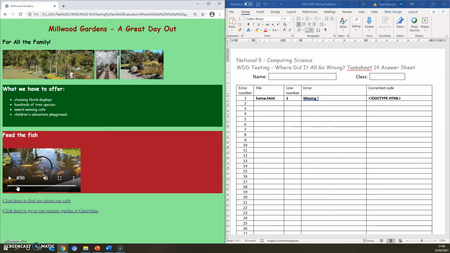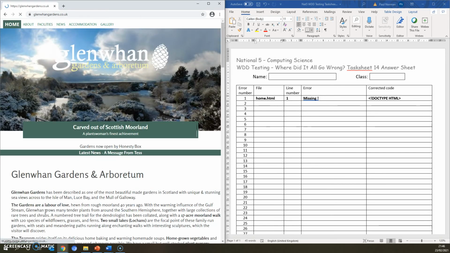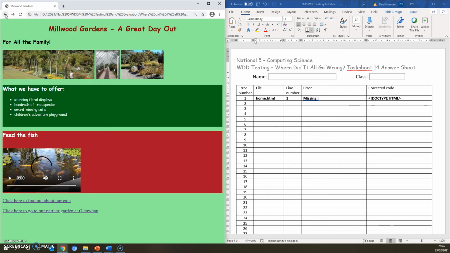Another internal link. Here's a link. Click here to go to our partner garden at Glen Juan. This is an external hyperlink that I've got in there. Okay, and there's even a video, and the video works beautifully. Some very relaxing fish. So what you have to do is find out how I destroyed my beautiful, beautiful website